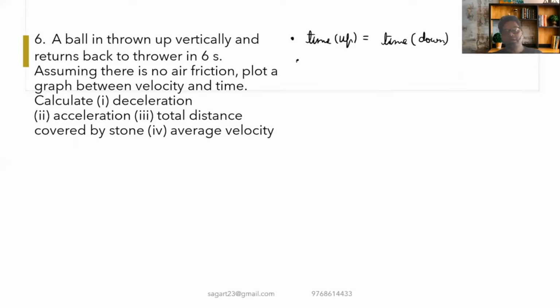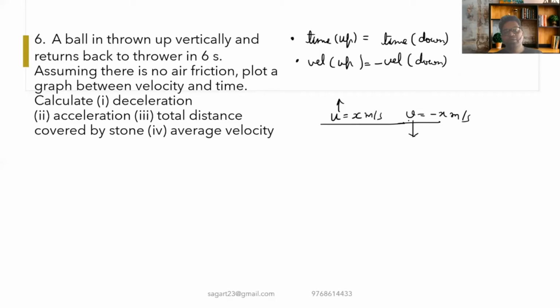Okay, second thing is the velocity while it is going up is equal to the velocity when it reaches down. Okay, but the only difference is this will be negative. So that means if the initial velocity is x meter per second going up, the final velocity will be minus x meter per second, which is coming down. T going up is equal to t coming down, equal to